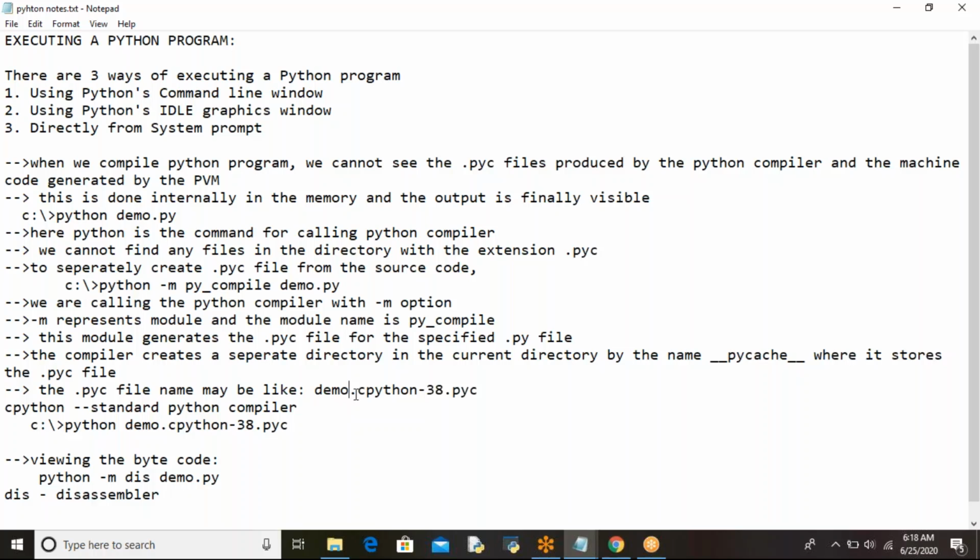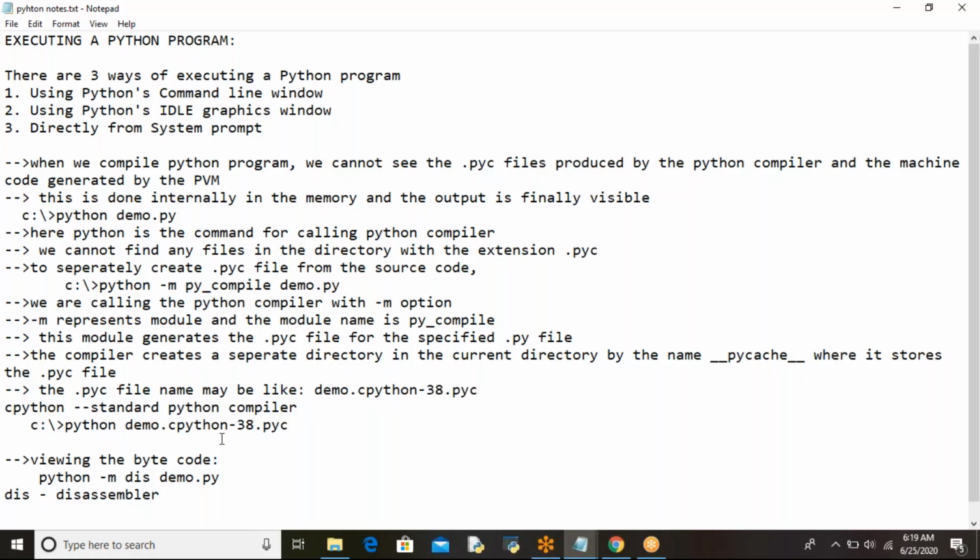It is what we download from python.org. The 38 is version 3.8. If it is version 3.6, you will get 36 here. So the compiled file will be formed like demo.cpython-38.pyc.